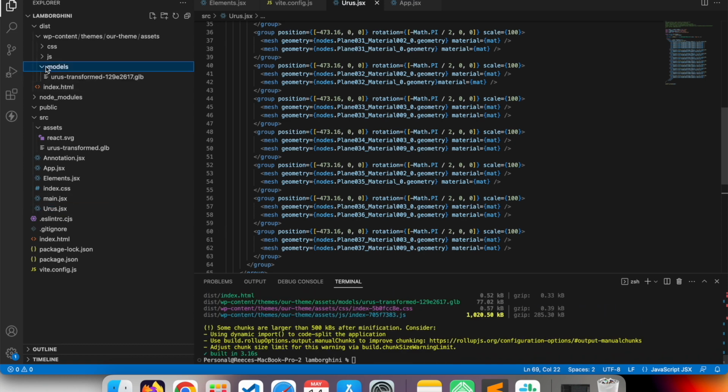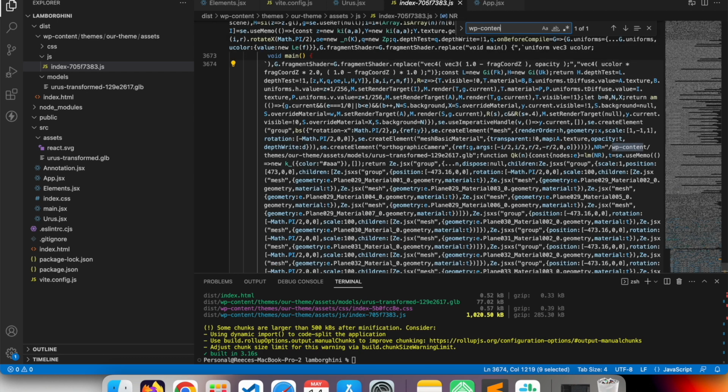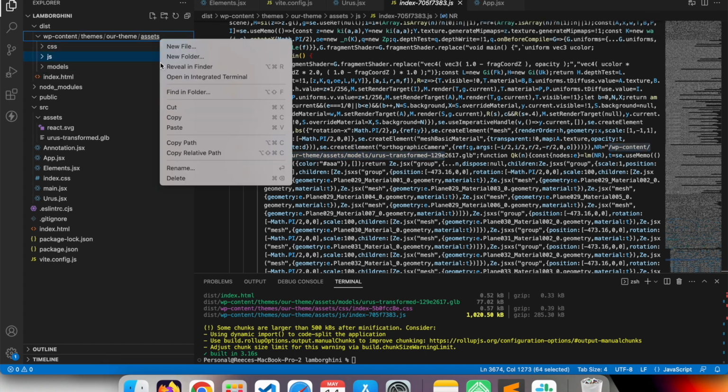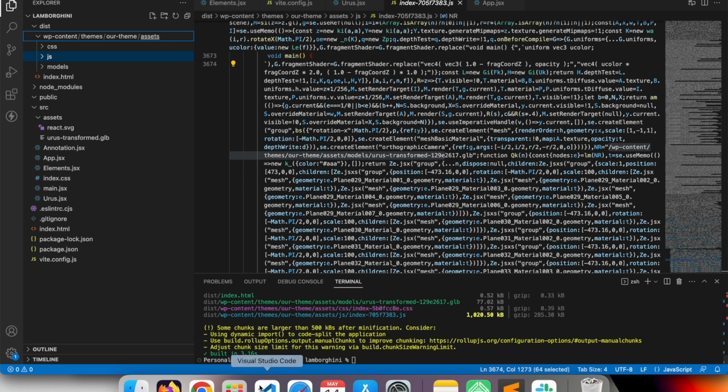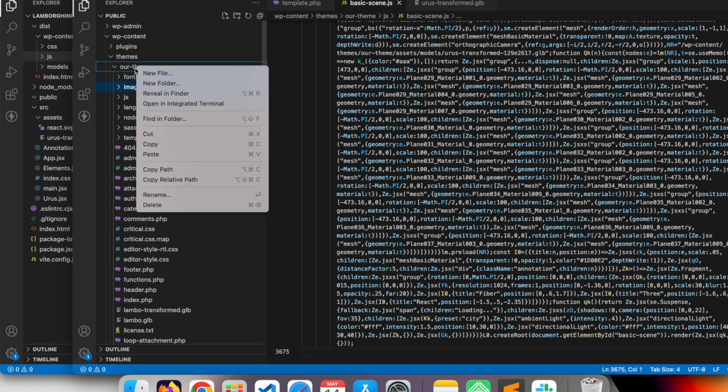And you'll notice we've now got models transformed. And if we check our JavaScript file, we can actually search WP content, and you'll see we've got our full URL. So from here, all we need to do is go ahead and copy the assets folder, head over into our WordPress website. In our theme, just paste it,